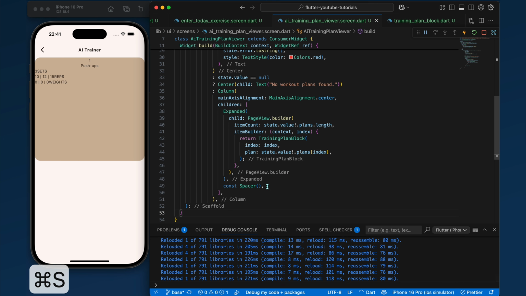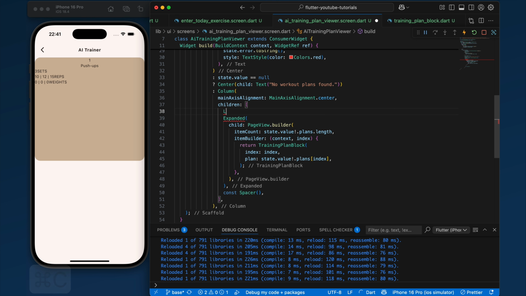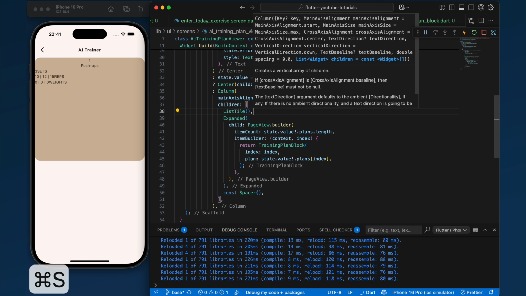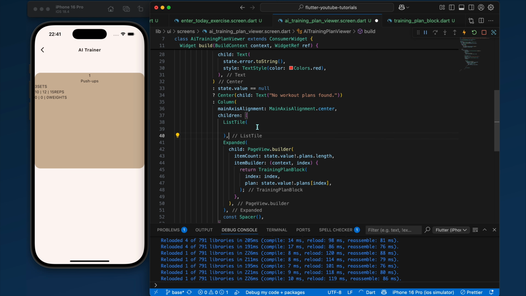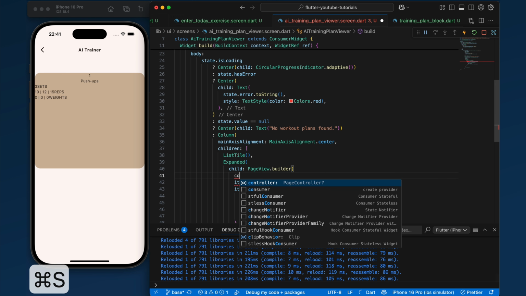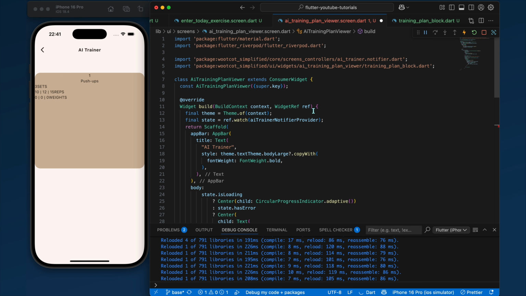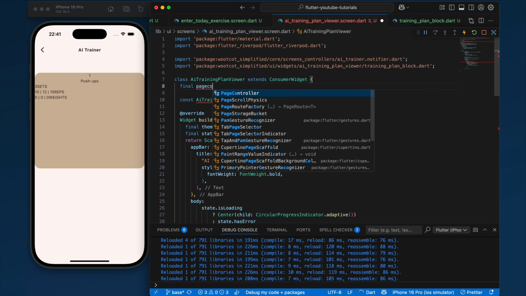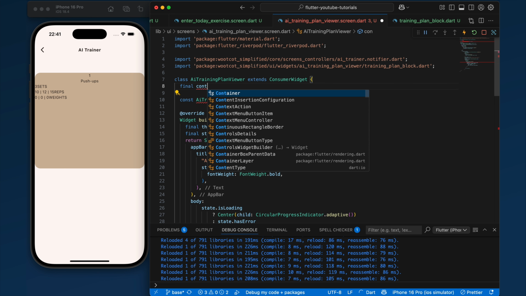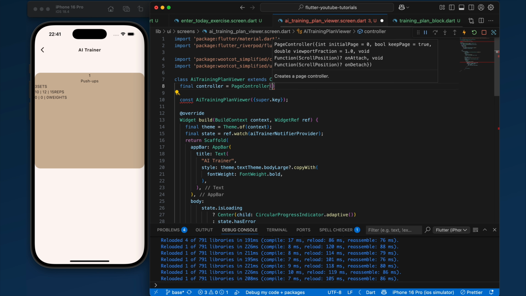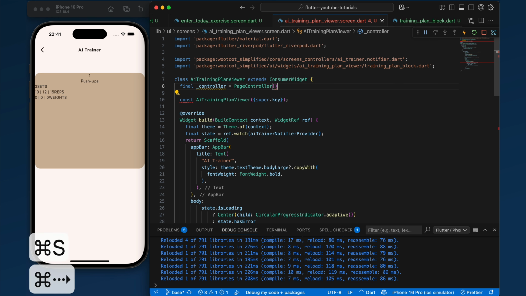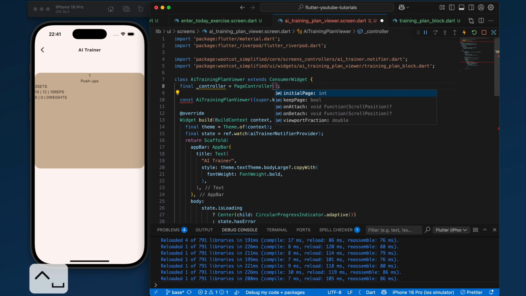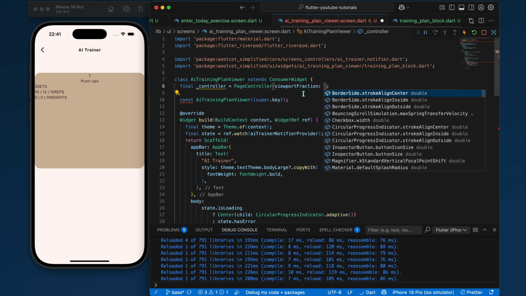Save that. We are also going to have a title of the training exercise, so list style. Let's do save. Okay, for now let's just leave it as is. We are also going to have a controller, page controller. I'm just going to create a page controller here. Final page controller, controller is page controller. I'm going to create a private property. Going to remove that, and let's also give it a viewport fraction of